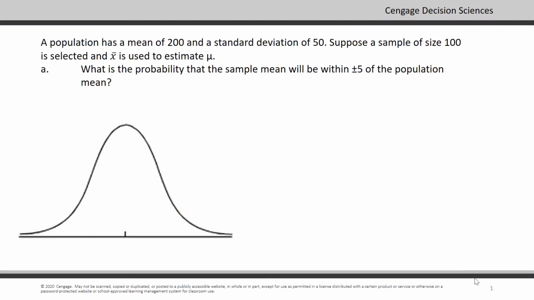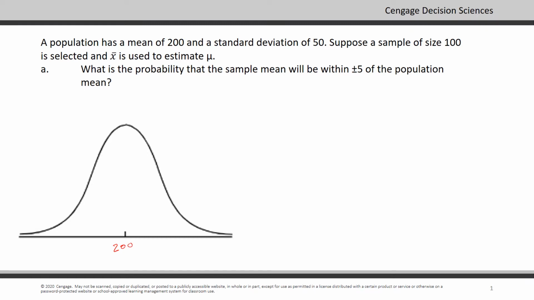A population has a mean of 200 and a standard deviation of 50. Suppose a sample size of 100 is selected and x bar is used to estimate mu. What's the probability the sample mean will be within plus or minus 5 of the population mean? So we can draw our sampling distribution, which is normally distributed, with a mean of 200, which is the population